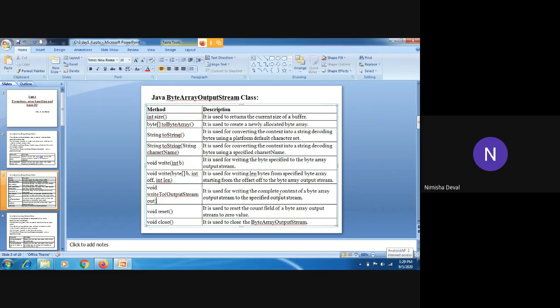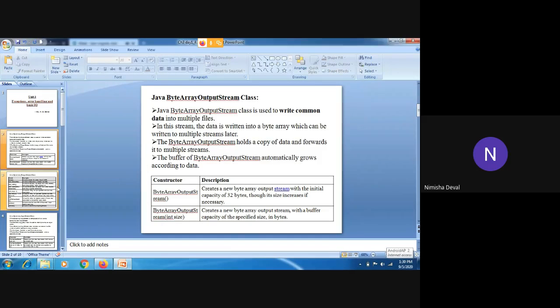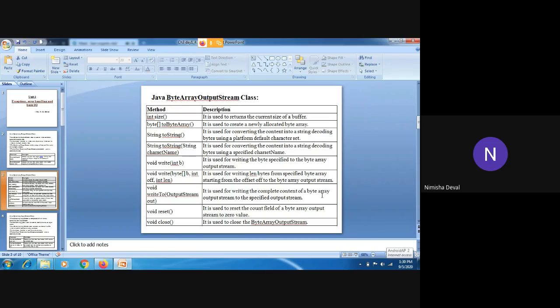It is used for writing the complete content of the byte array output stream to the specified output stream. We will see OutputStream separately, if possible in today's lecture, otherwise in the next lecture. It has a separate part also, like the array output stream you have seen here. In that part we will cover those. Only remember that you write the content of a byte array output stream to the specified output stream.